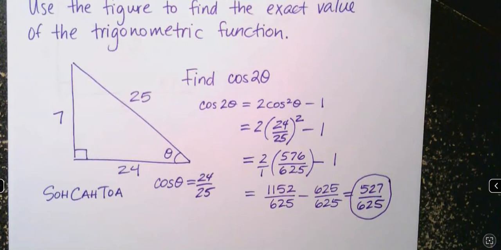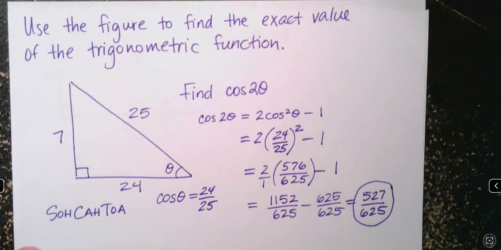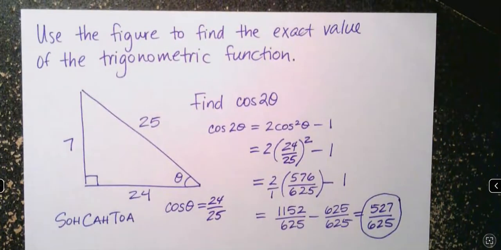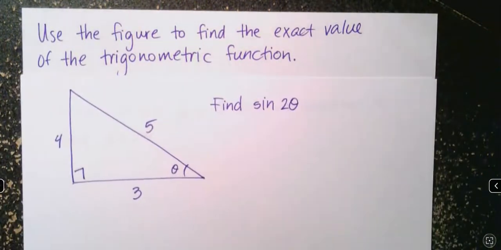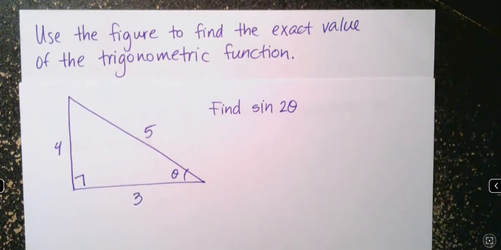All right. Let's do another one. The next problem we're going to do is a lot like that one. Same directions. Use the figure to find the exact value of the trigonometric function. The big difference is just what we're given. We're given a triangle, so it's not really a big difference, but we're given a triangle with different